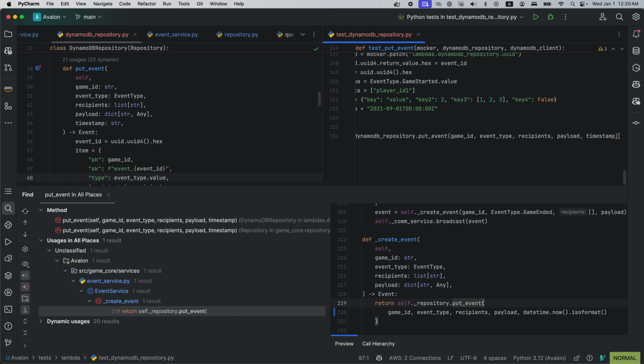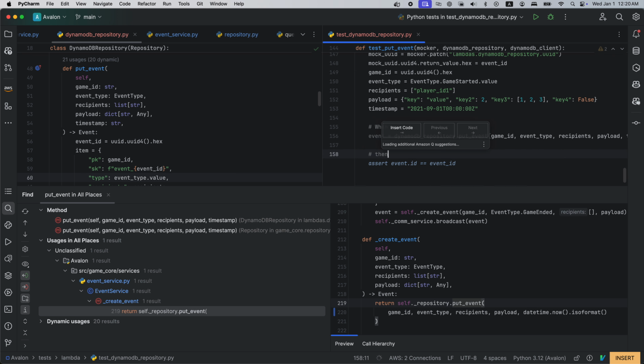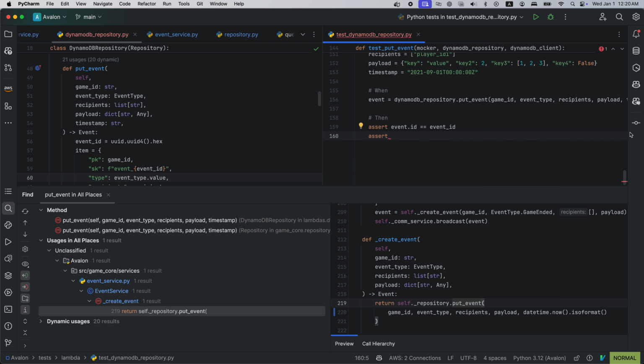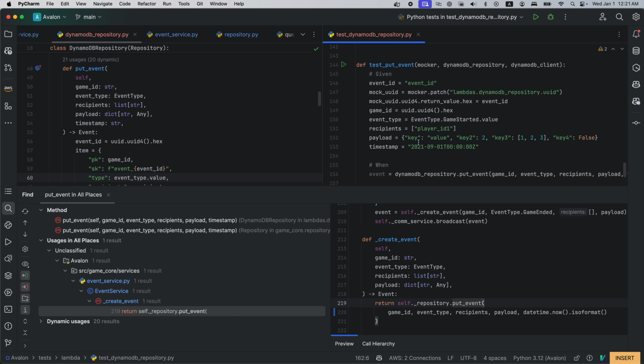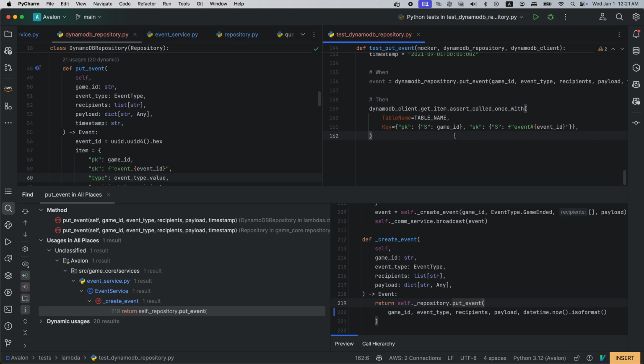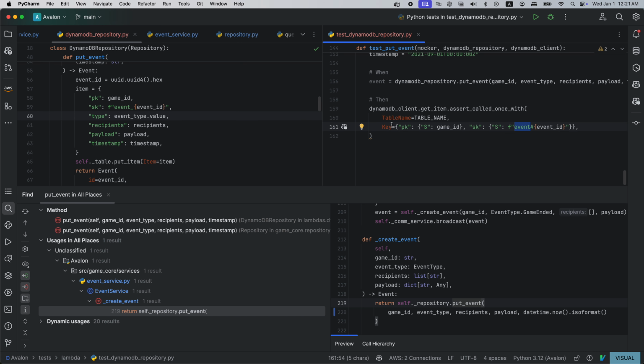Okay, so with this, then we want to verify that event ID equals event ID. No, so we want to get the event ID.